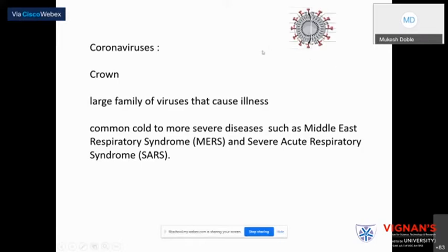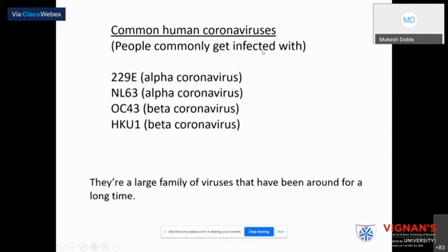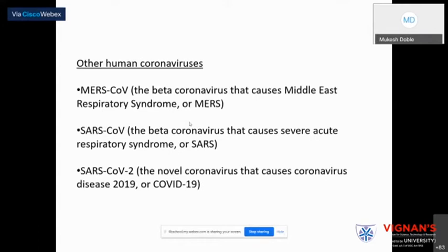There are 7 types of coronaviruses. The 4 ones are much less harmful, leading to cold, flu, and so on. The other three are the SARS, MERS, and the current SARS-CoV-2. These two are called the alpha coronaviruses, and the rest of them are called beta coronaviruses. So the MERS, the Middle East Respiratory Syndrome, then we had the SARS, the severe acute respiratory syndrome, and the current one, the SARS-CoV-2. This SARS-CoV-2 is closer to the SARS-CoV. These are much more virulent when compared to the other